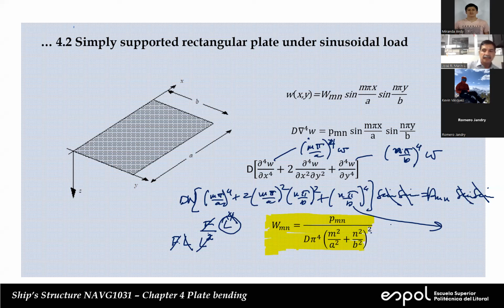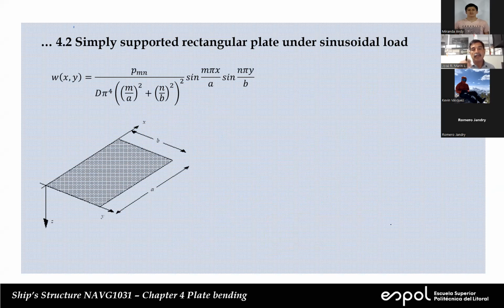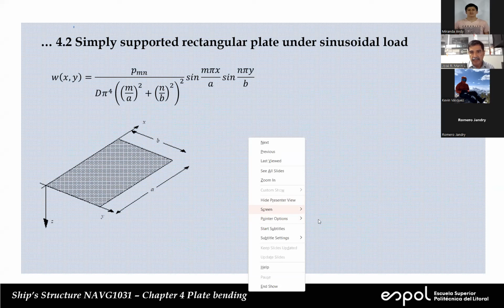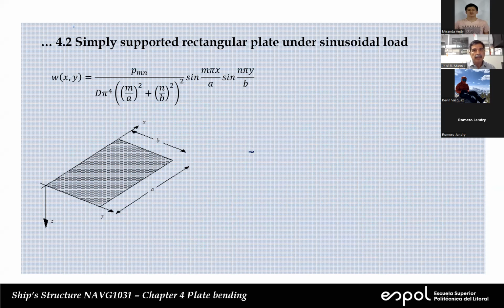After we calculate the deflection, we can go on and try to calculate the bending moment in order to finally have stresses, right? So this is an equivalent expression in which we replace the Wmn, all of this is Wmn, okay? And we can proceed to differentiate